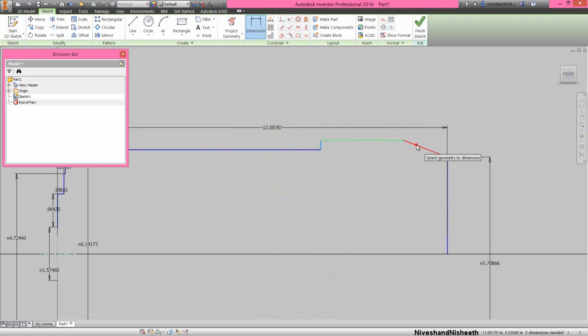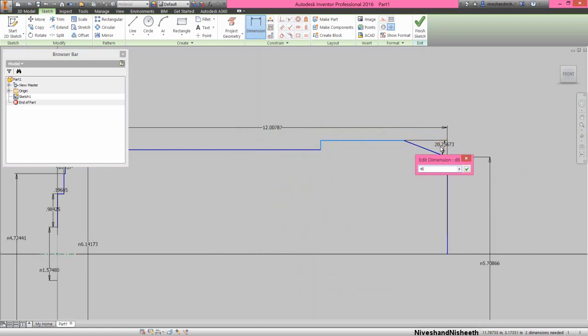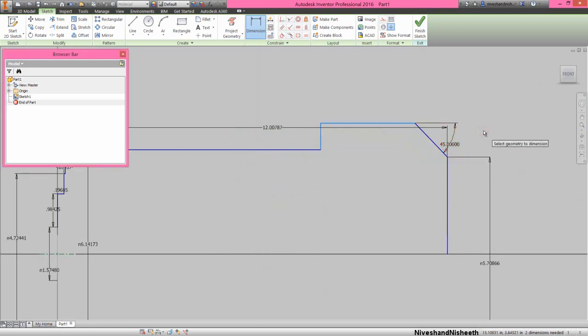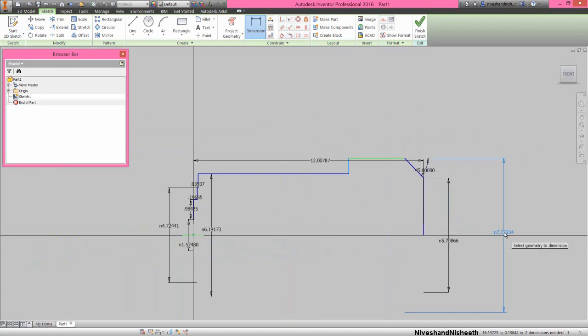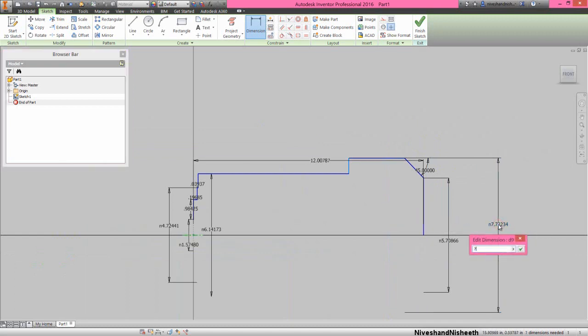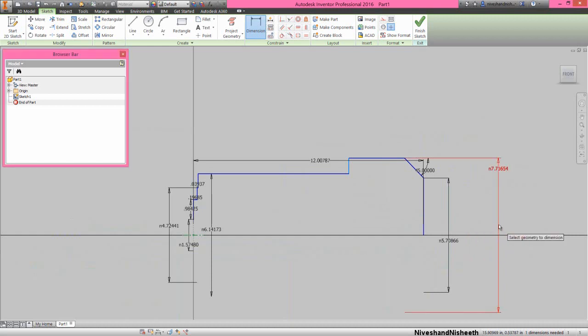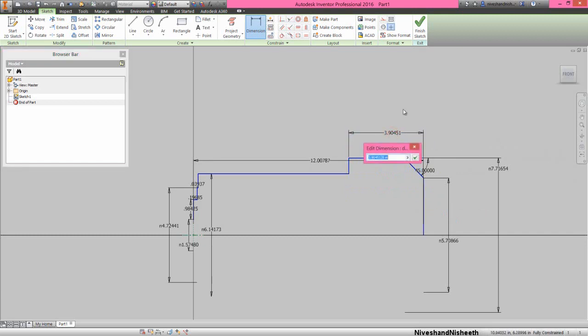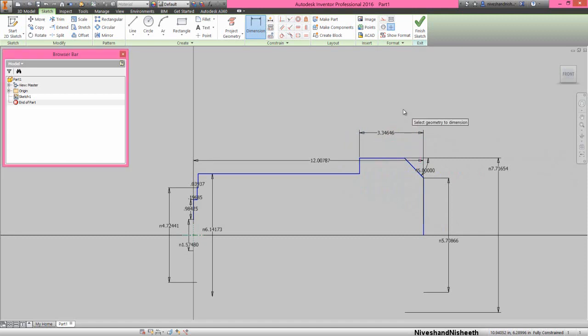Now select this line and set the 45 degrees. Now my sketch is fully constrained.